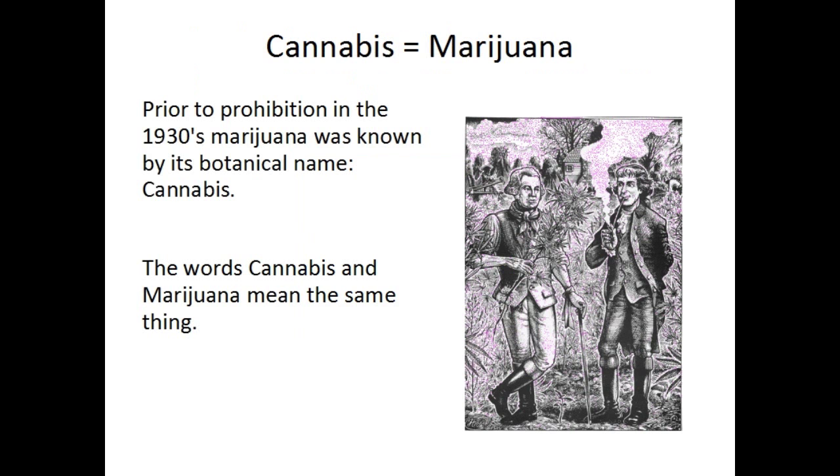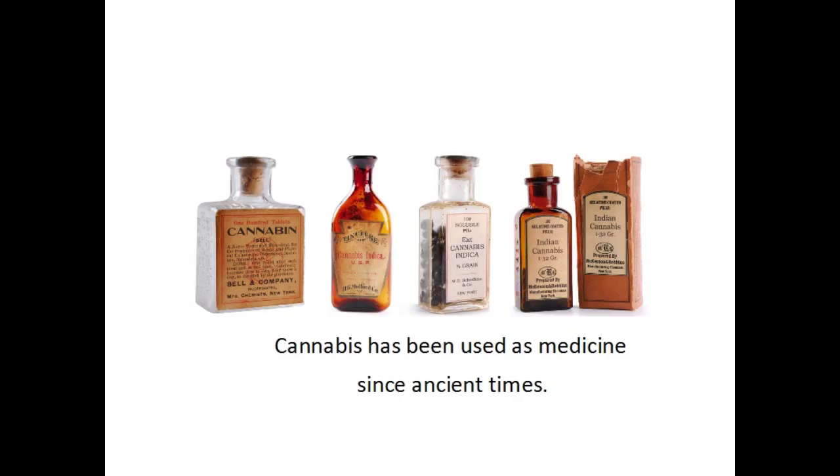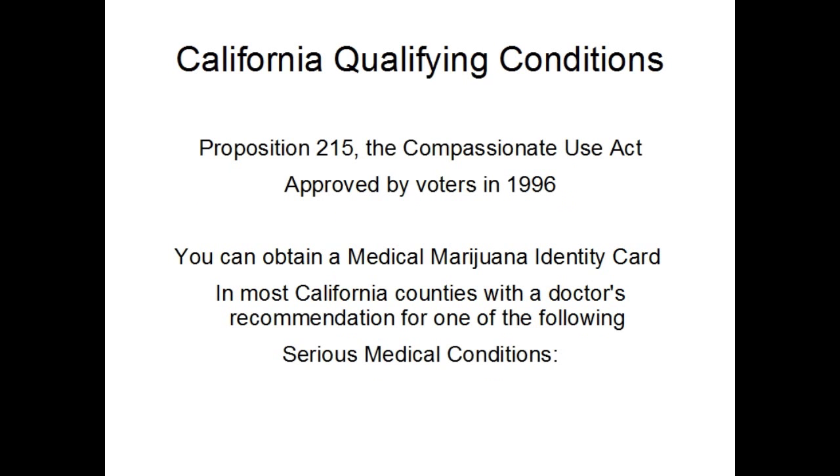Throughout this video, the words cannabis, the botanical name for marijuana, and marijuana are used interchangeably as they mean the same thing. Cannabis has been used as a medicine since ancient times. In California, the Compassionate Use Act was approved by voters in 1996, and since then, people can obtain a medical